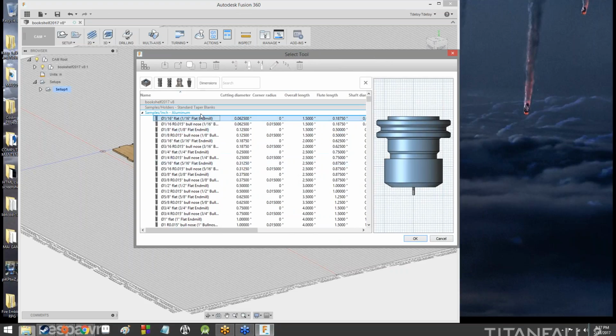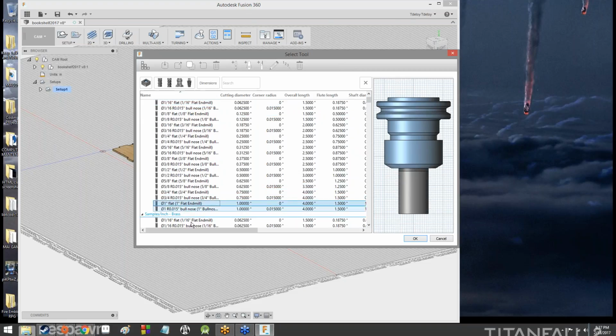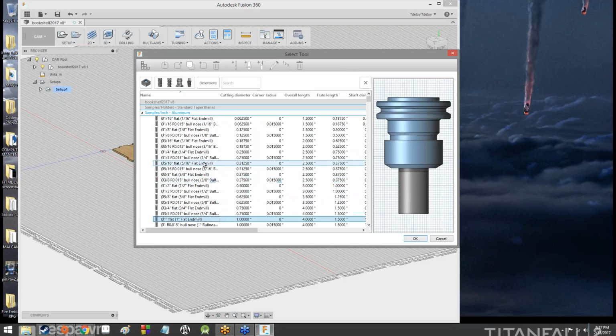So let's take a look at all the tools we've got here. We've got a 1/16 inch diameter. That's what that little symbol means. That means diameter. 1/16, 1/8, 3/16, 1/4, 5/16, 3/8, 1/2, 5/8, 3/4, 1 inch. So once we get here, this stuff starts to get way too big. However,